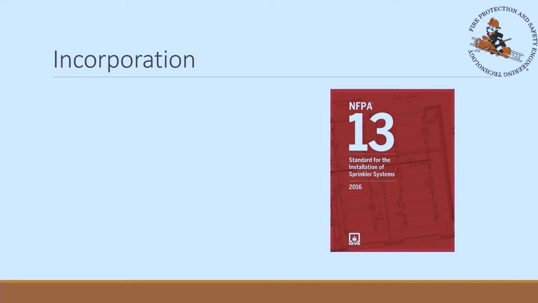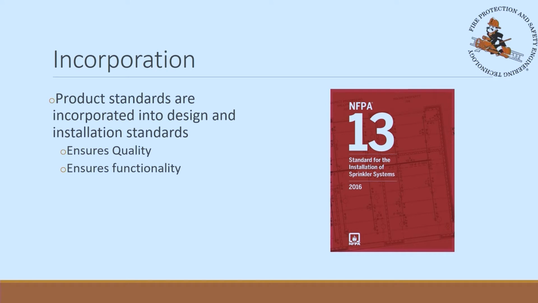Product standards are also incorporated into a variety of other standards and codes. The importance is that product standards are then put into design or installation standards. For instance, NFPA 13 may reference a variety of product standards like the sprinkler standard to ensure that when those sprinkler systems then become designed and installed, they are specified appropriately,